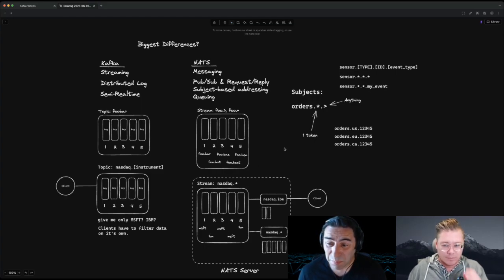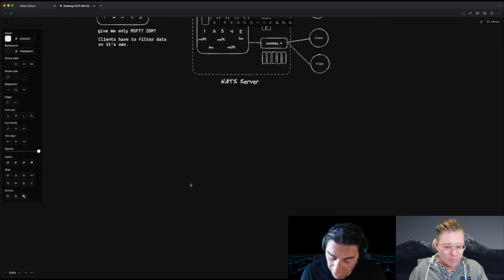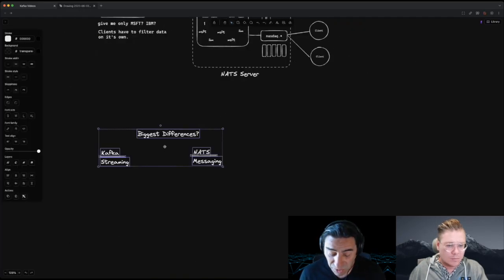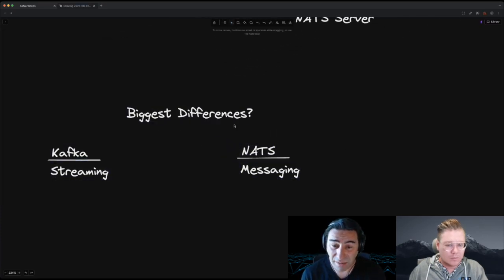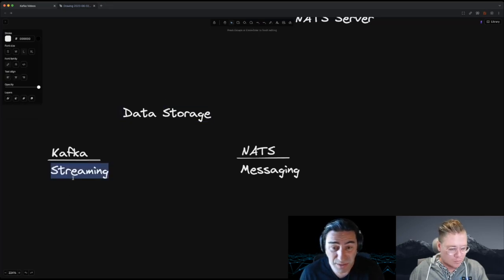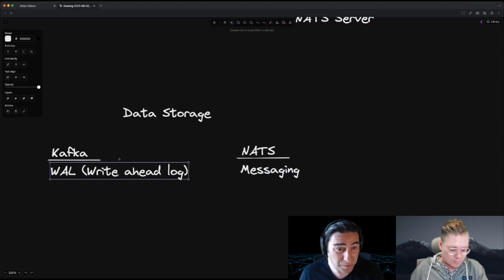So the second, to me, big fundamental difference between Kafka and JetStream is that Kafka is really designed for distributed log processing. At its core, Apache Kafka, that's the only thing it does, distributed log processing. And as such, the way it stores the data is in a write ahead log. But that means that the only thing you can do in a write ahead log is add a message at the head, and do tail compaction,